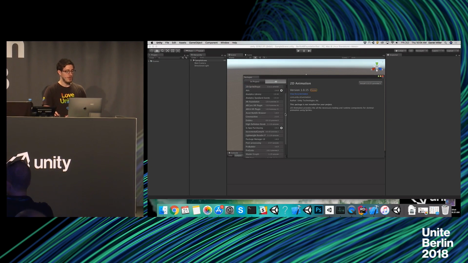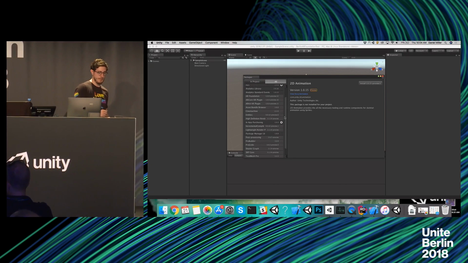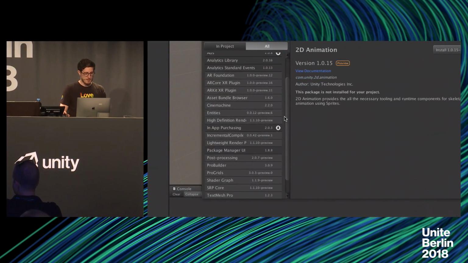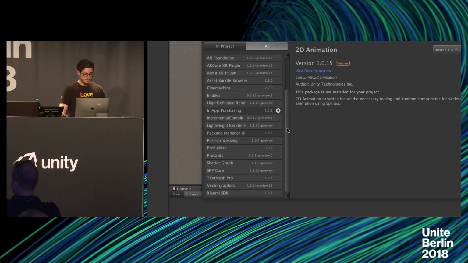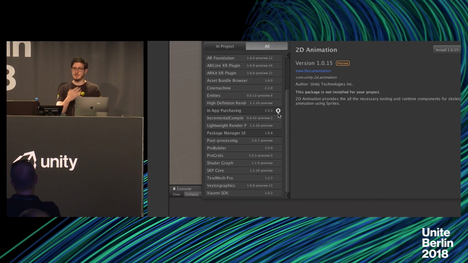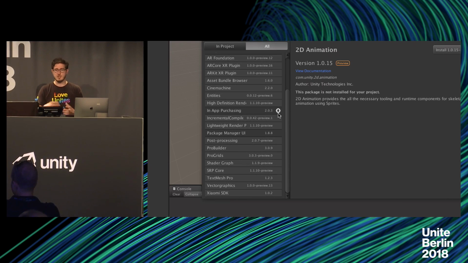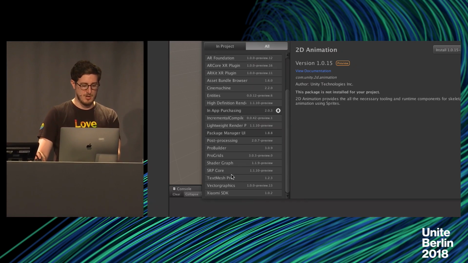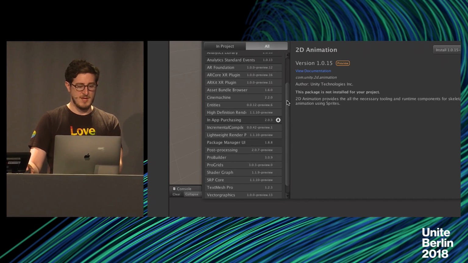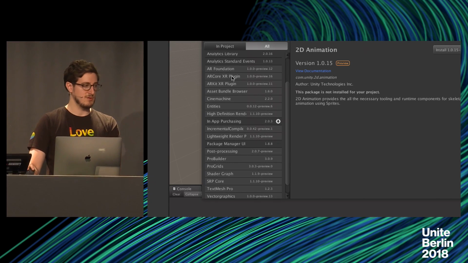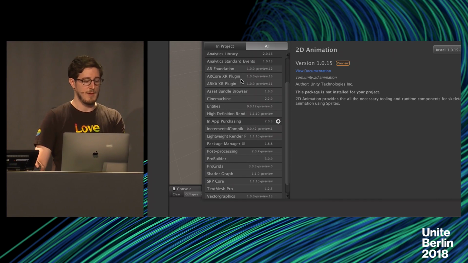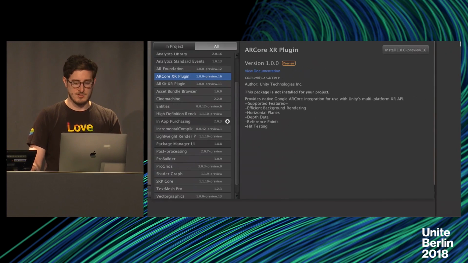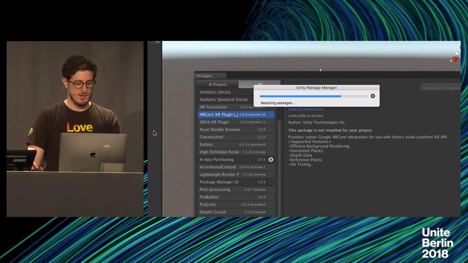And if I go into All, I can see a list of all available packages that are out there now. You can see I can zoom in, and there's already an update for the package there. These packages live on your hard drive here, and they get linked into your project depending on which ones you add. You can see we have everything from Text Mesh Pro to Pro Builder. But for this, I'm going to get AR Foundation. Before I get AR Foundation, I want to grab ARKit and ARCore. So to do that, I just go up here and hit install,